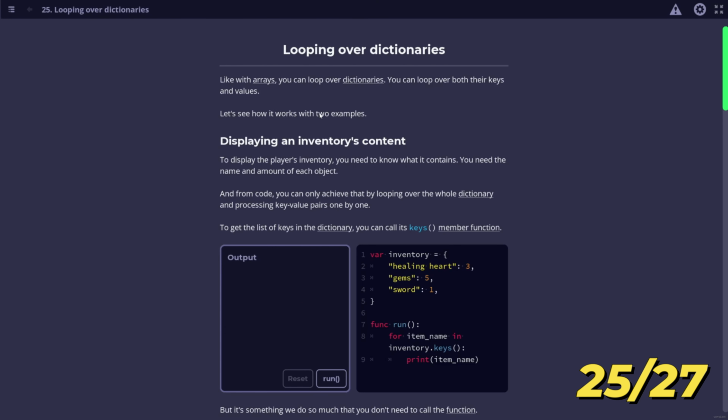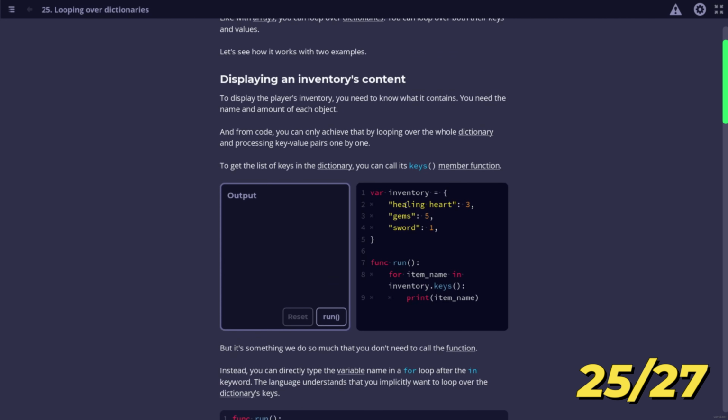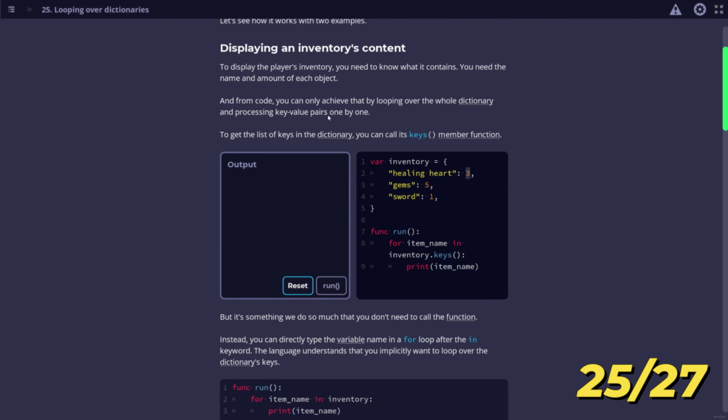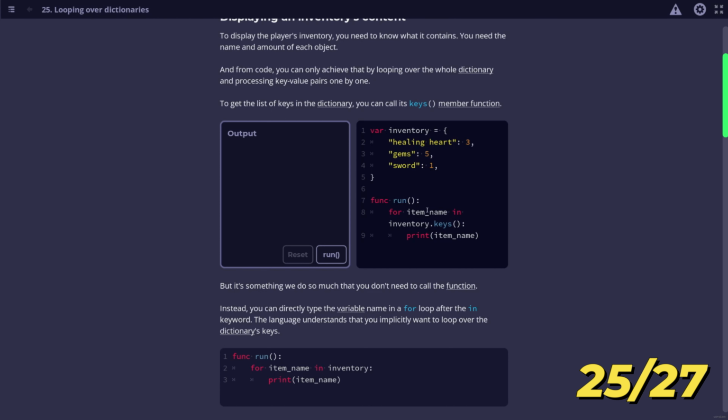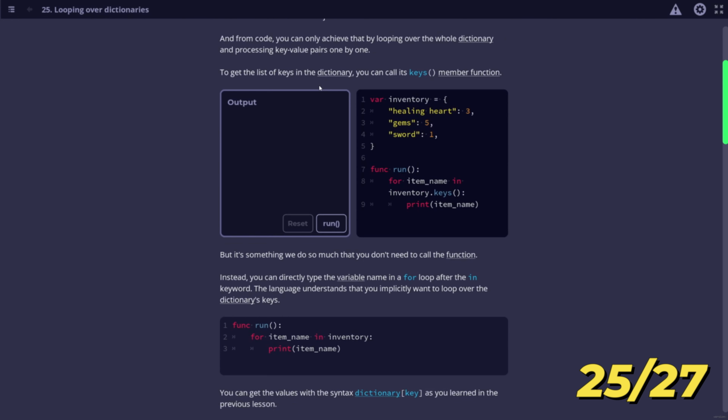Looping over dictionaries. Chapter 25. We are almost done. Like with arrays, we can loop over dictionaries. We can loop over keys and values. For displaying the player's inventory, we need to know what it contains. We need the name and the amount of each object. And from code, you can only achieve that by looping over the whole dictionary, processing key value pairs one by one. To get the list of keys in the dictionary,